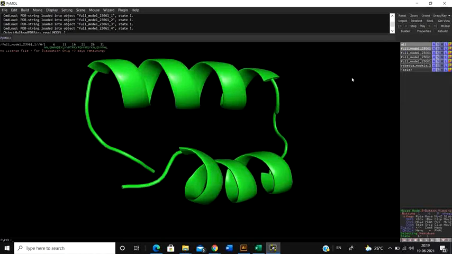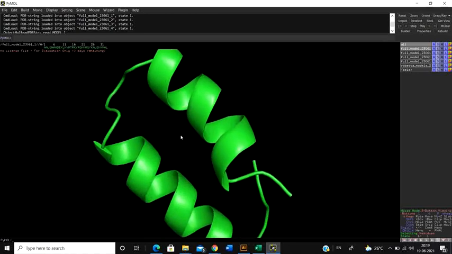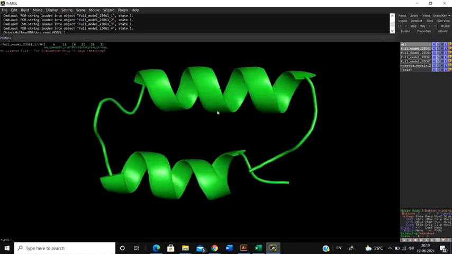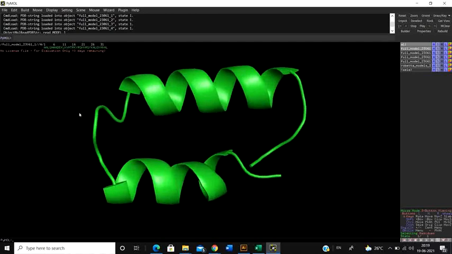H stands for height. So how do they occur? Suppose if you click on show, and now you are only able to see the backbone of the molecule. You can't see the entire amino acid structure. Can you see the amino acid side chains and all? No, you can't. Why? Because those are not marked.